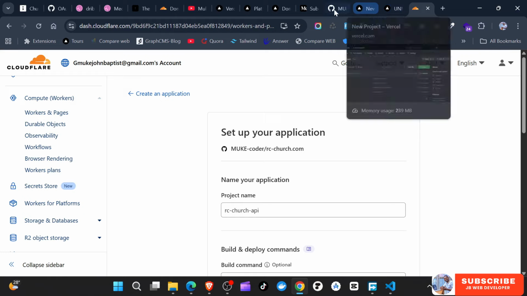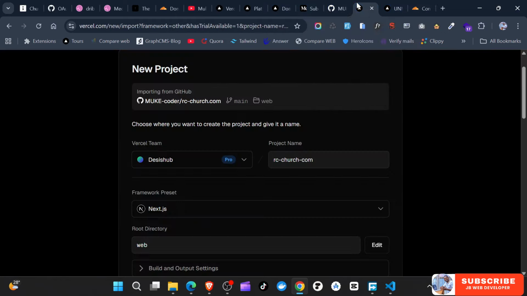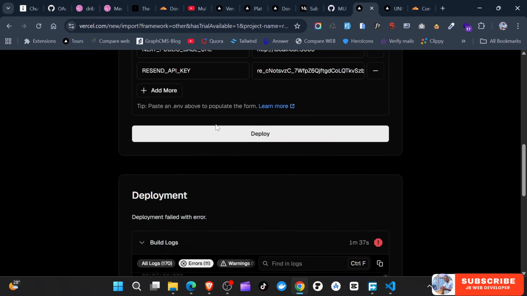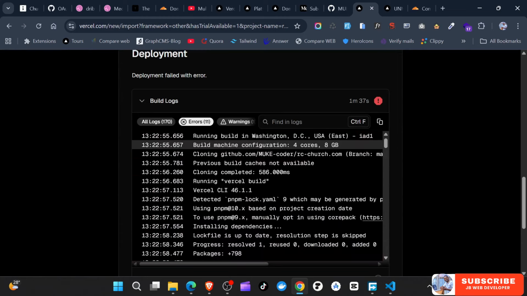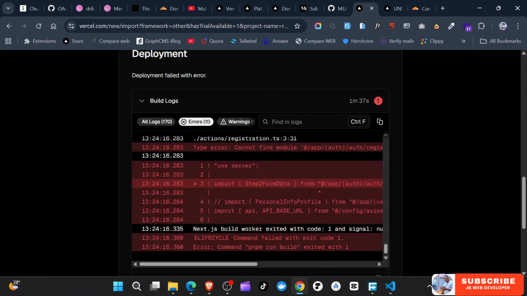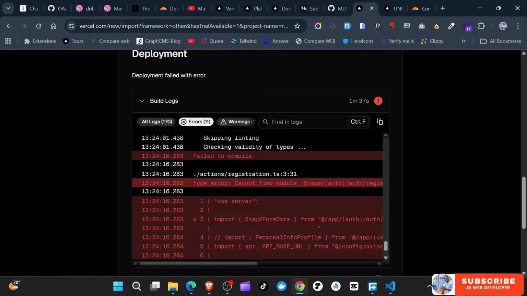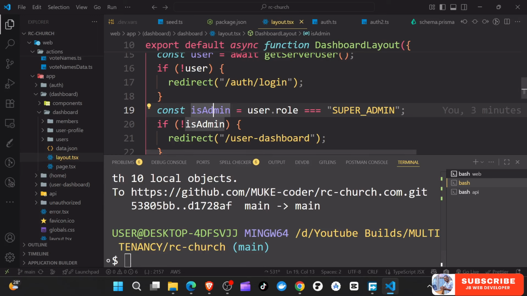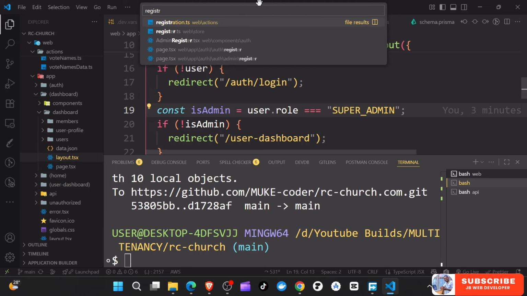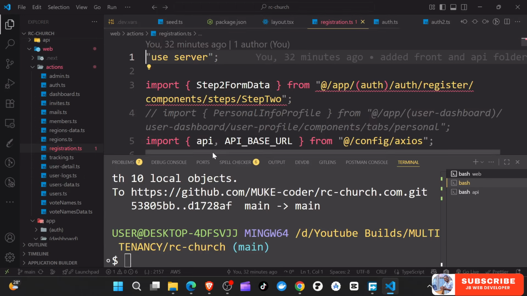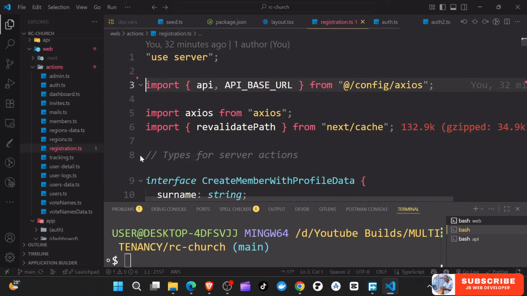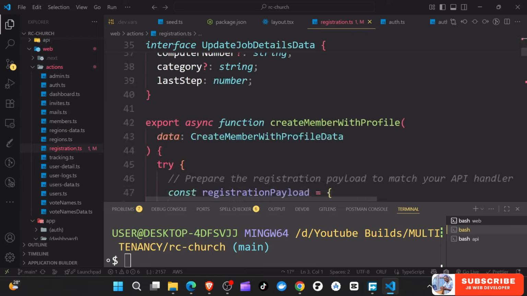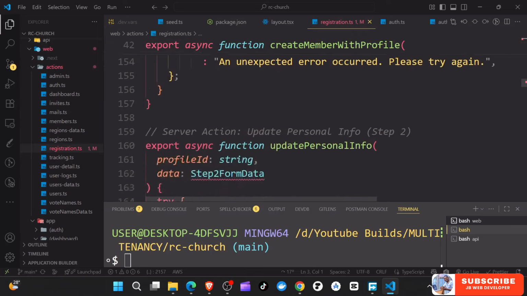So this is building, and also this side we are also building. Okay, so it has some errors in action registration.ts. So you can just say registration.ts. Okay, 2 steps. Okay, so I'm just going to first remove this. So another thing I'm going to do with that, there are some parts I think that